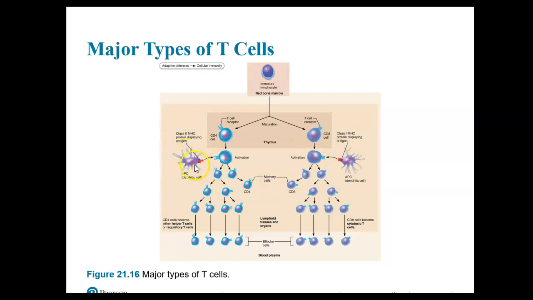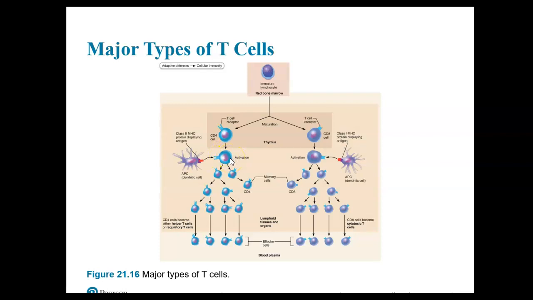It's a phagocyte that has engulfed a pathogen and is presenting just that portion called the antigen or the antigenic determinant that is going to be recognized by this CD4 T cell because the shape fits the receptor on the CD4 T cell. Now, once that activation happens,